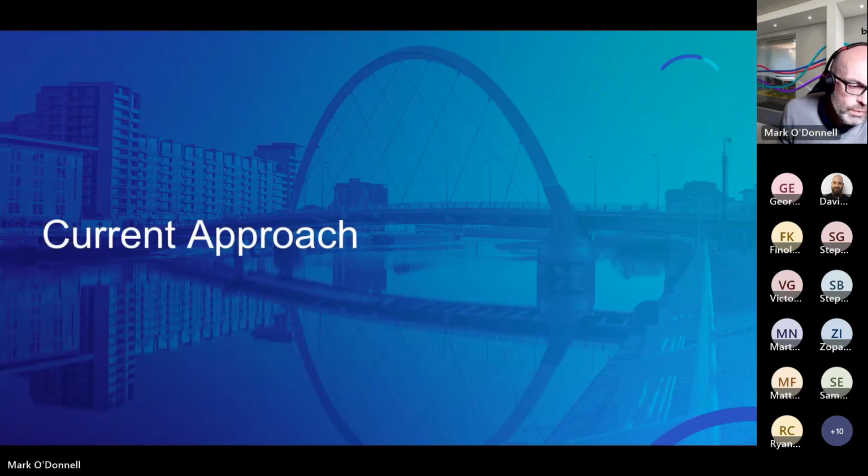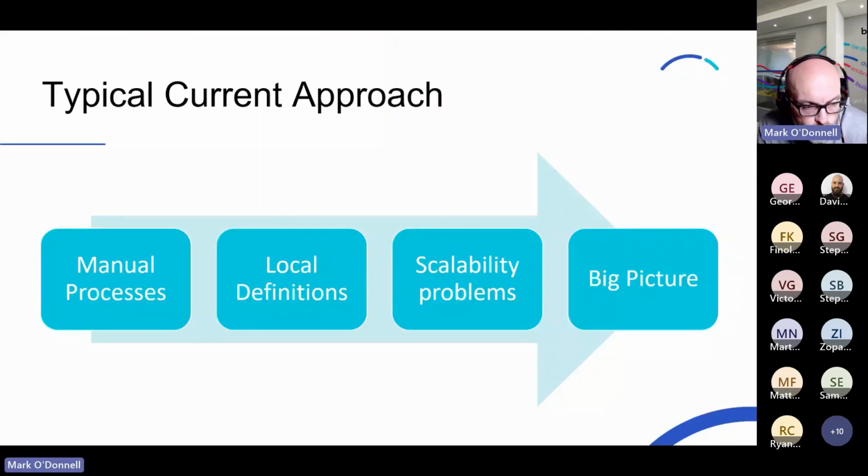So what's the kind of typical current approach? What do we see when we are talking to customers? Well, most companies have an administrator or an admin team. That's their job, isn't it? Take an account from the sales system, recreate the account in the finance system, issue an invoice, keep the contacts up to date. And a lot of companies now have got MI teams, and typically they tend to have the largest hard drives in the whole company, because all they do is download data so they can pull it together for reports for different people.